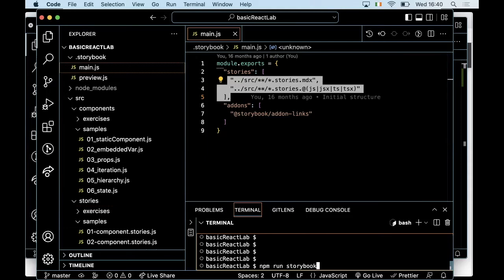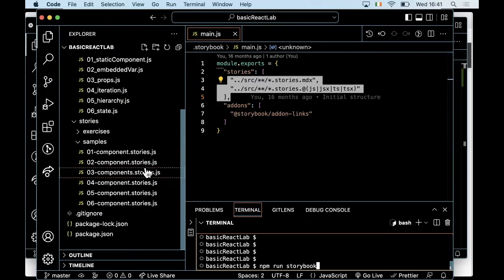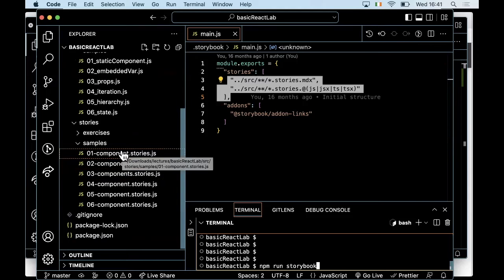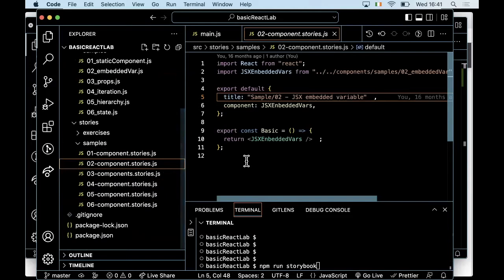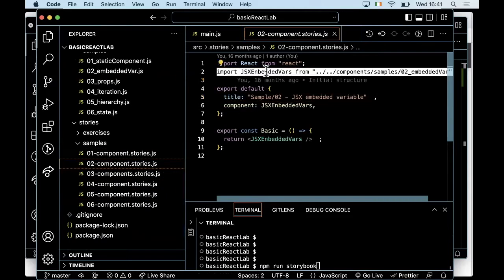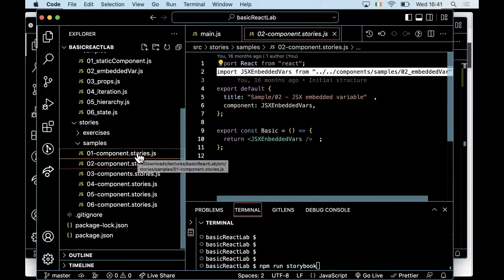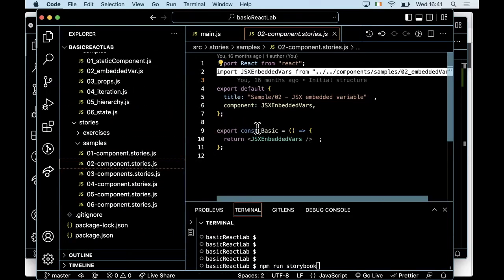Now, when I hit return here, the Storybook server is going to look at this main file in here that tells it where all the stories are, then goes down to where all the stories are, and essentially reads all of these, and if I open up any one of them from the stories files, it works out where the actual components are implemented. So it essentially sucks in all of that JavaScript code, be it stories or components, transpiles everything, opens up a tab in the browser, and then displays